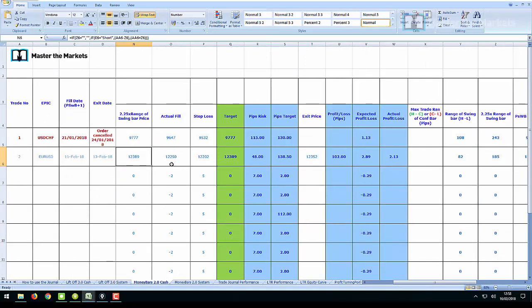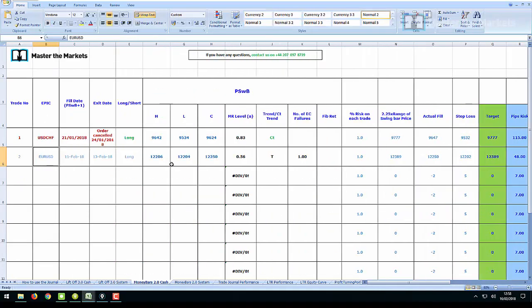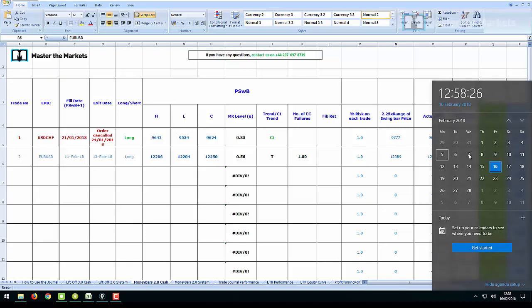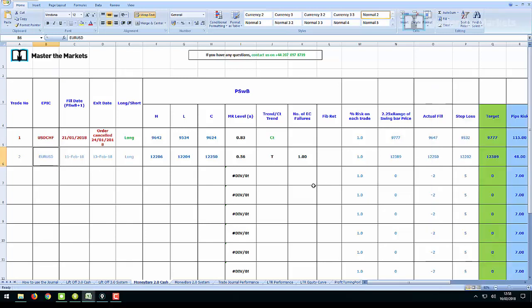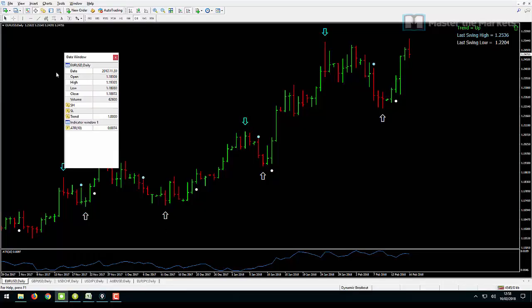Let's zoom out of this a little bit and let's have a look at the trade that we took here earlier this week, actually on the Sunday evening, the 11th of February. It's the Sunday just there. Let's have a look at the trade opportunity that we actually took. It was on Money Bars. Money Bars, as some of you following will know by now, certainly is the strategy where we look for reversals, and it's the one where we look for PSWBs, which stands for potential swing bars, to become swing bars.